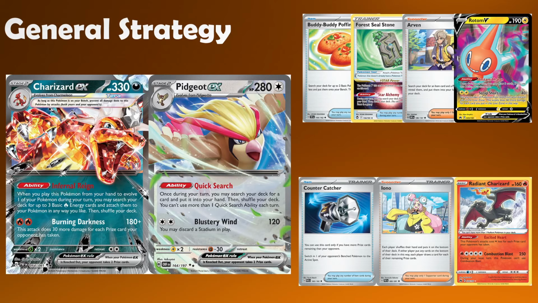Knowing that even if we are submitting early prize cards on some of our evolving basics, it's only going to be 1 prize at a time, and ideally that means that we have that time to develop our board and work towards this late game where Charizard EX itself is of course a fantastic attacking threat, but also we're going to be in control of that quick search, so we should be able to grab things like Iono, Counter Catcher, these cards that allow us to be behind and actually capitalize on the fact that we are behind